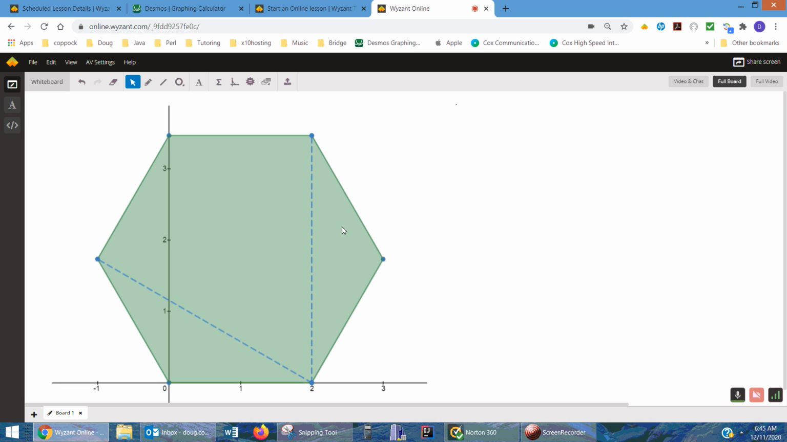Okay, here's a picture of a hexagon, a regular hexagon. I chose arbitrarily a side length of 2, since it's a regular hexagon. All the sides have a length of 2. The problem we're trying to solve